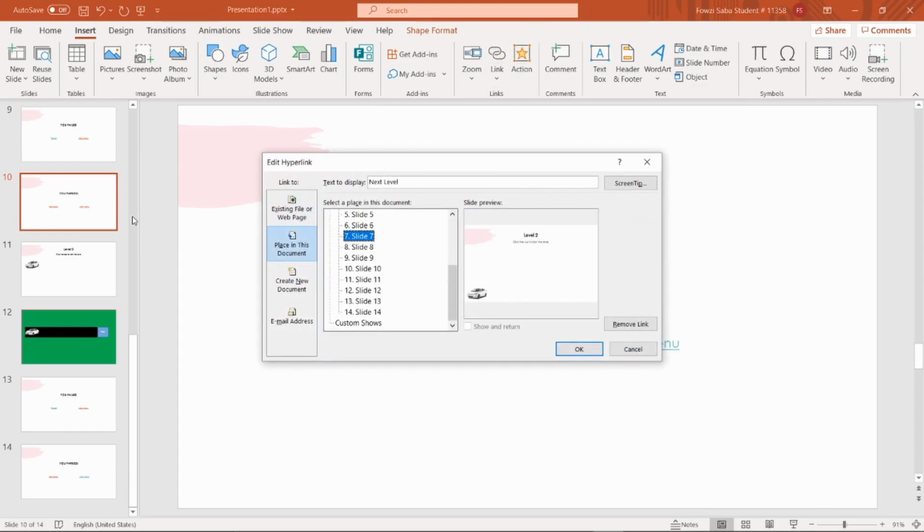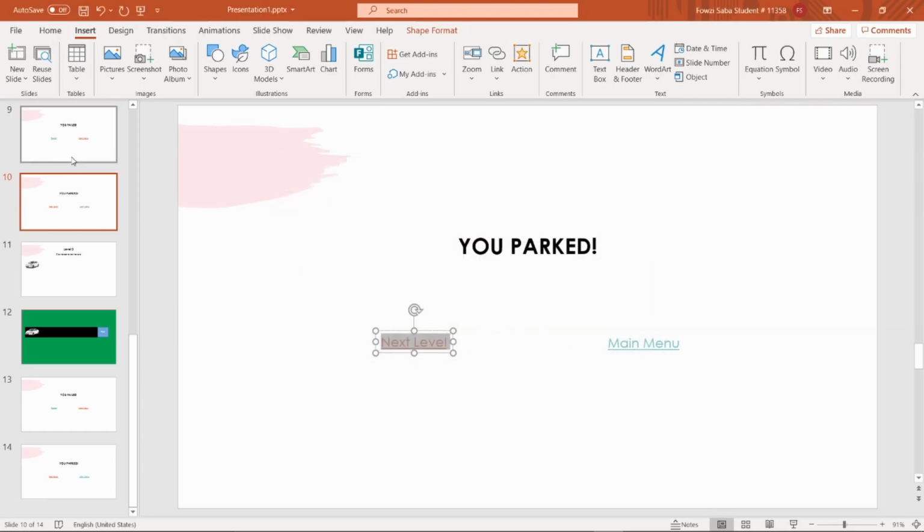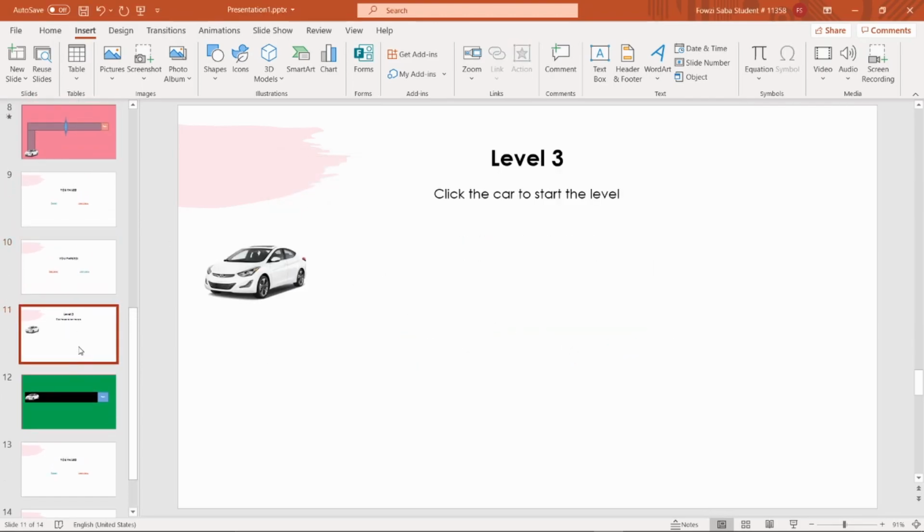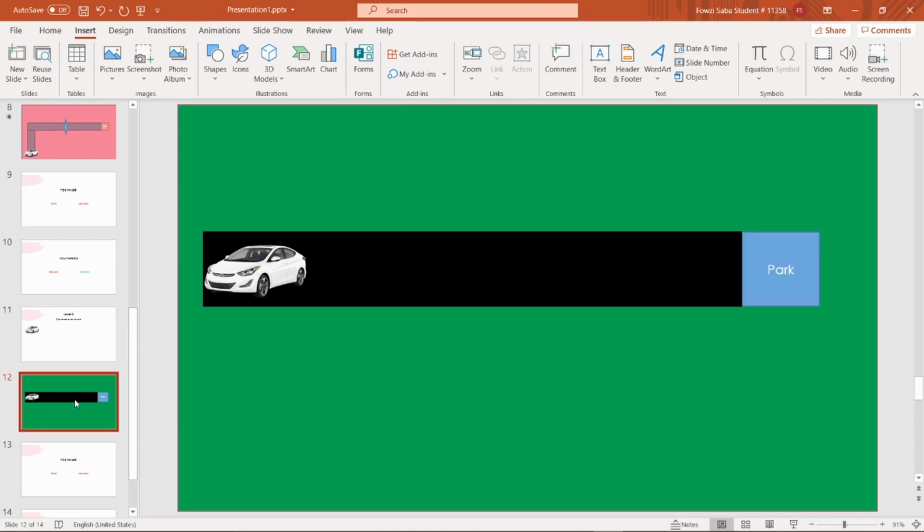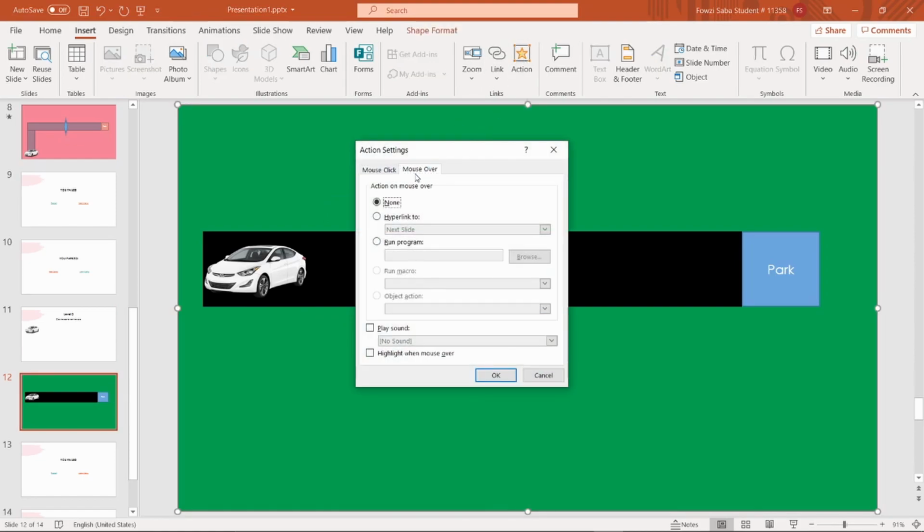It's already on slide 7, but we need it on slide 11. Boom. So now once we beat level 2, it's going to take us to level 3. Level 3 is going to take us to the actual level. And now we're going to make it so once your mouse goes over the